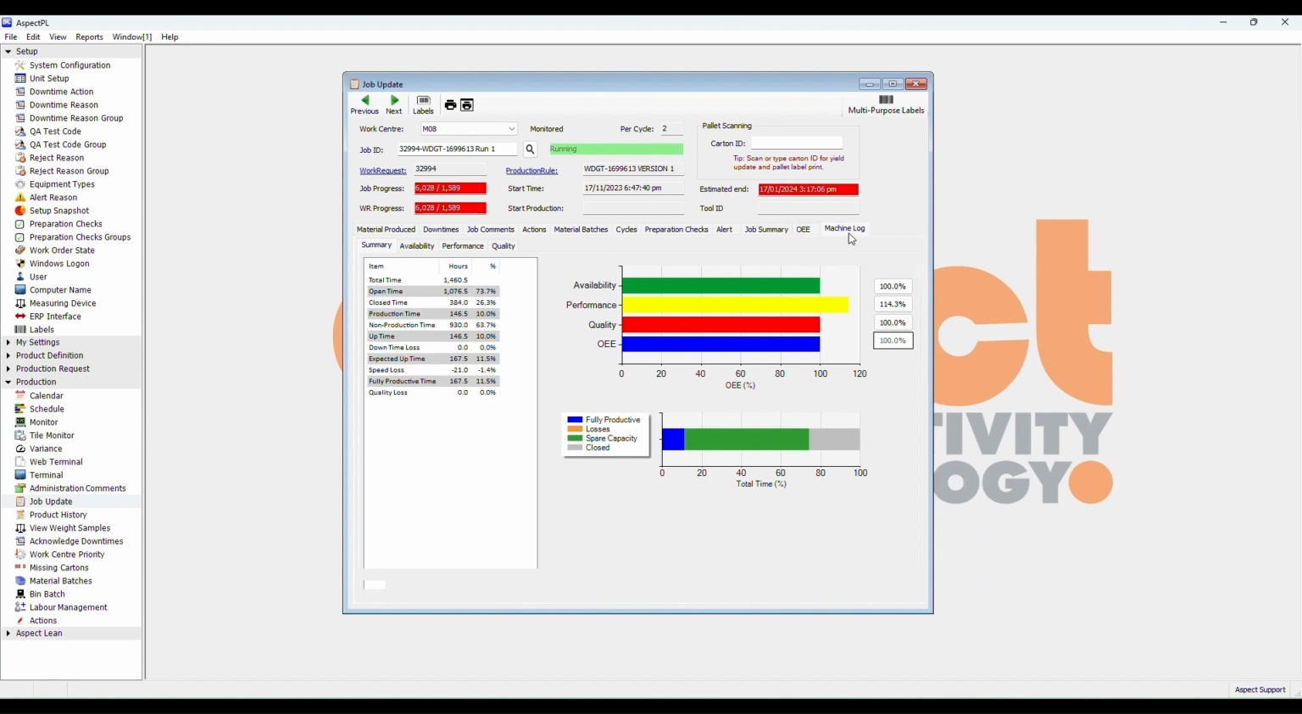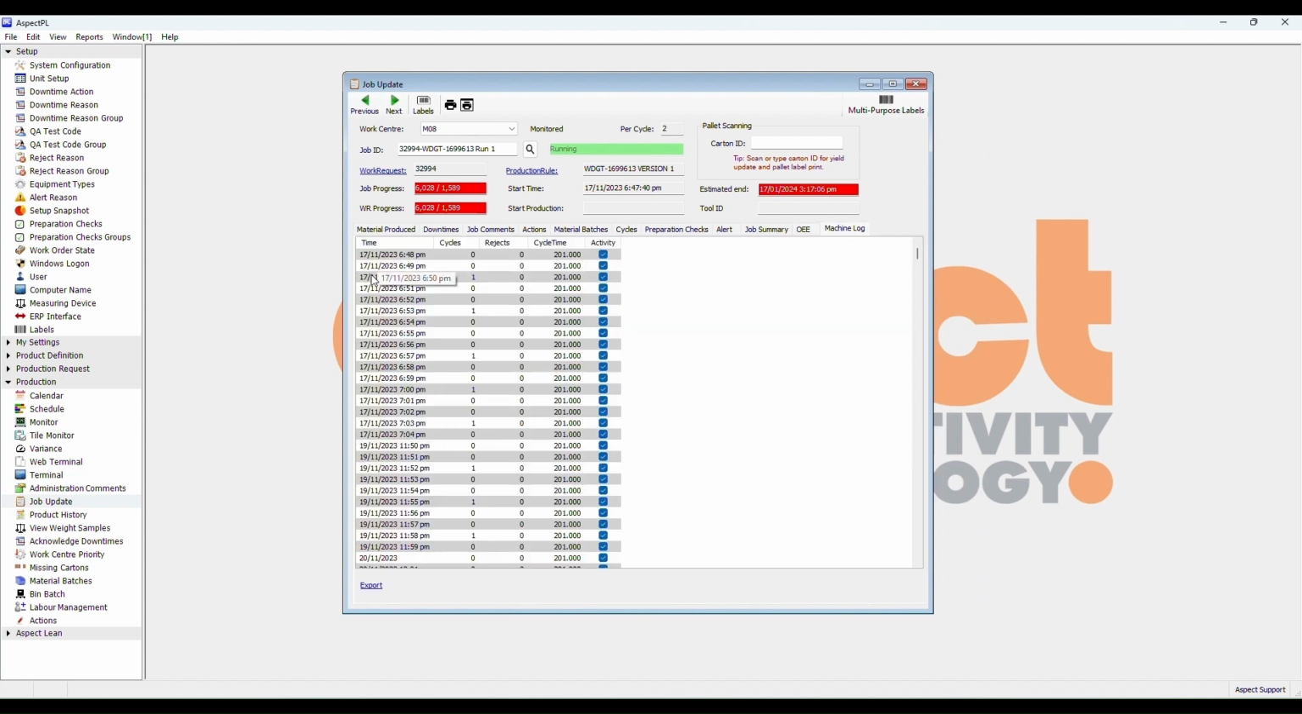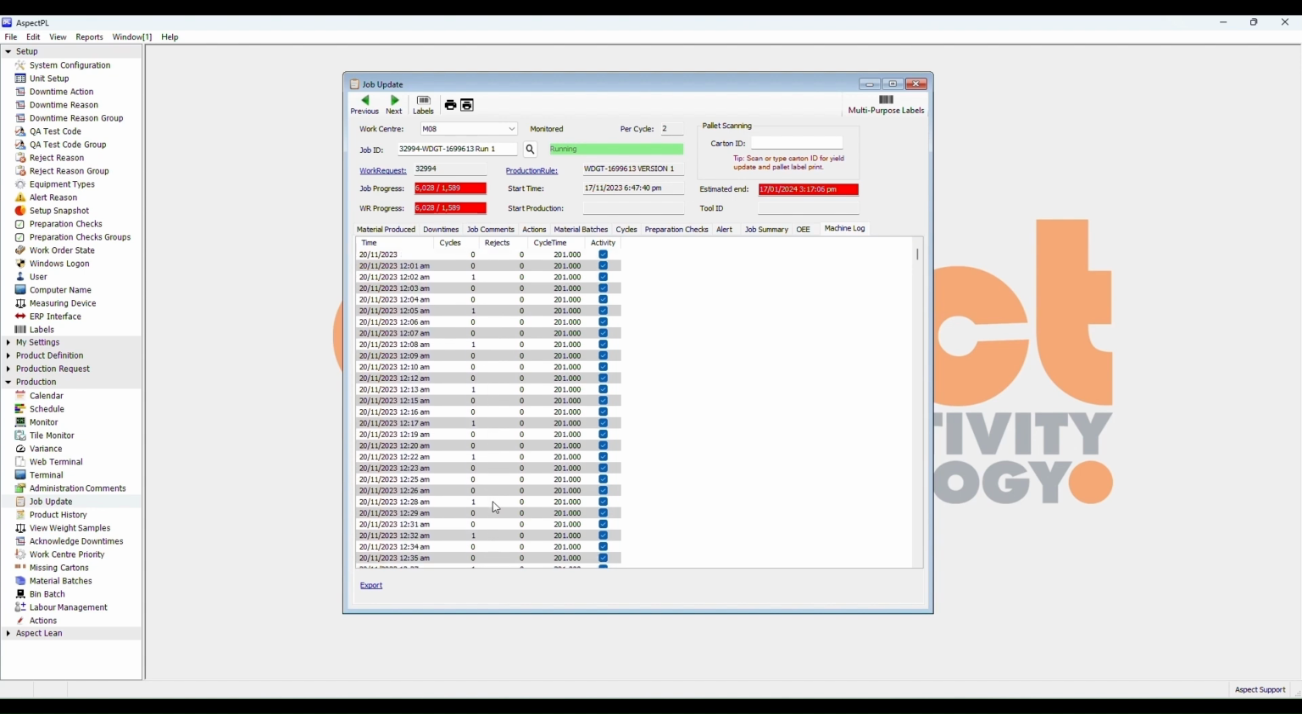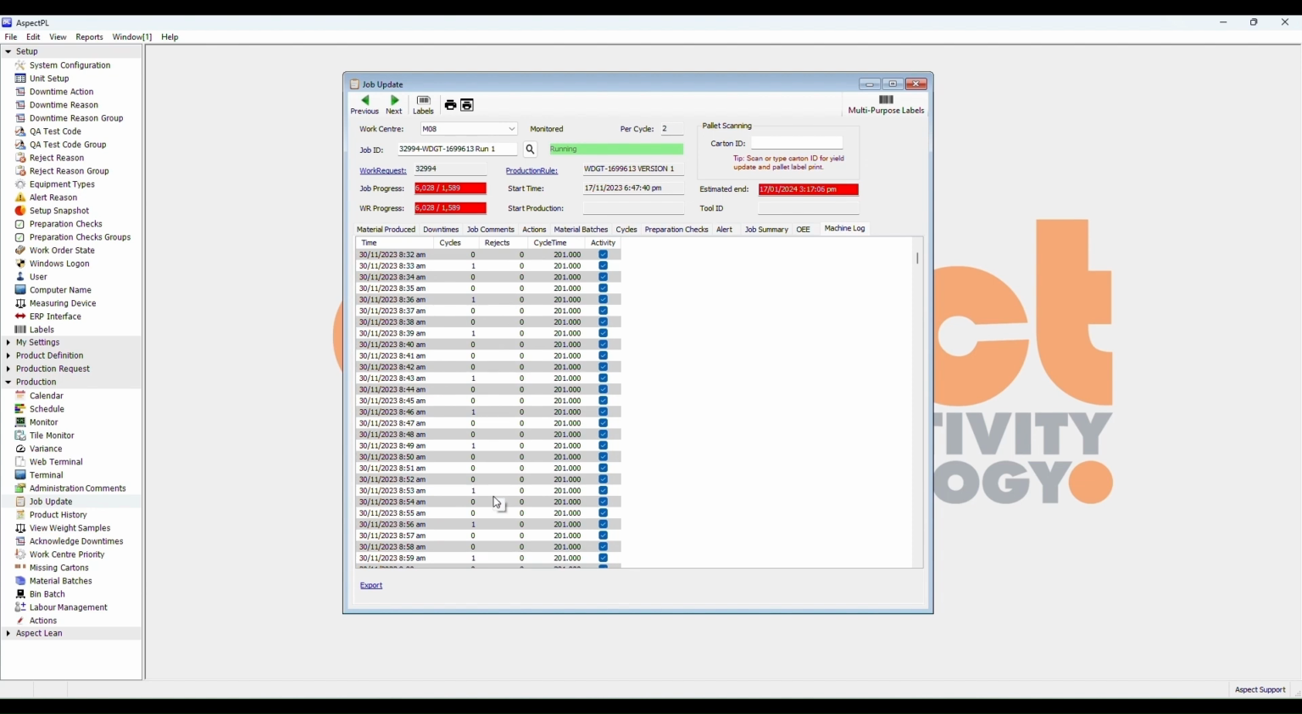Machine log. The machine log tab allows a view of the machine activity, that is time and date stamped. Here you will see cycles, rejects and cycle time. This brings us to the end of this